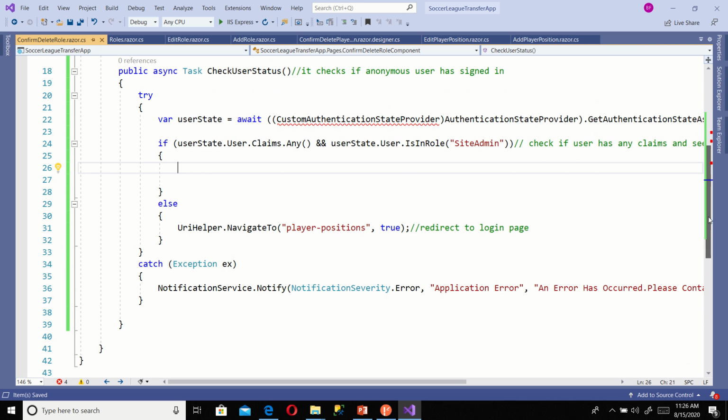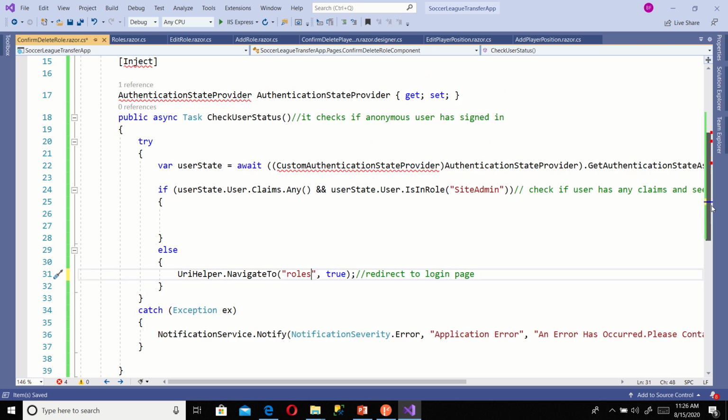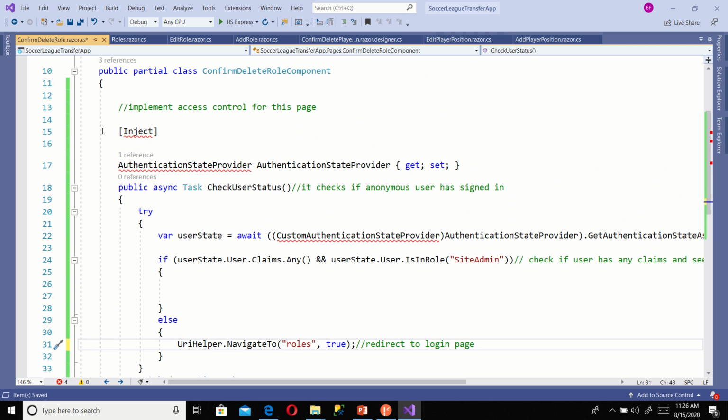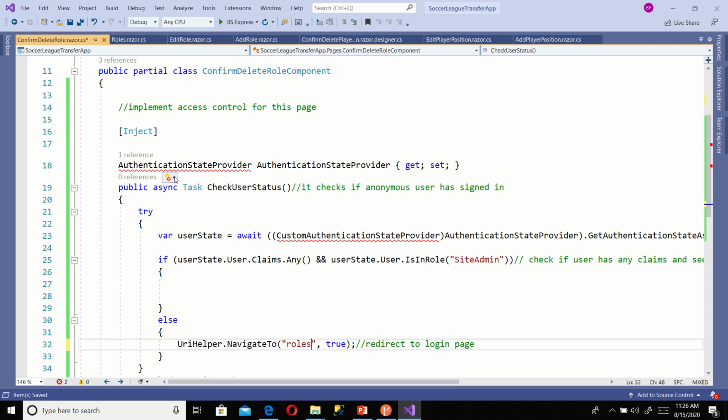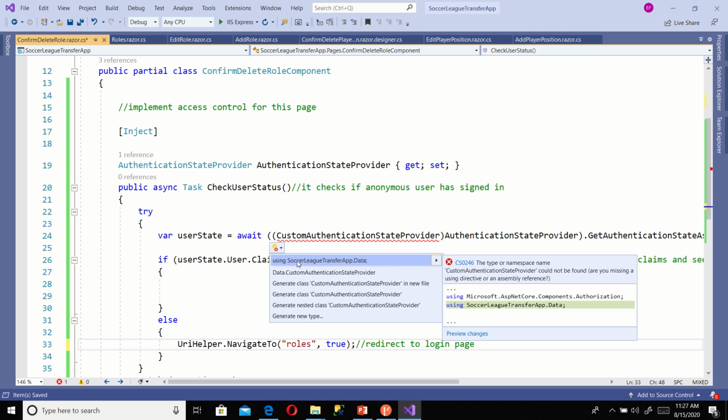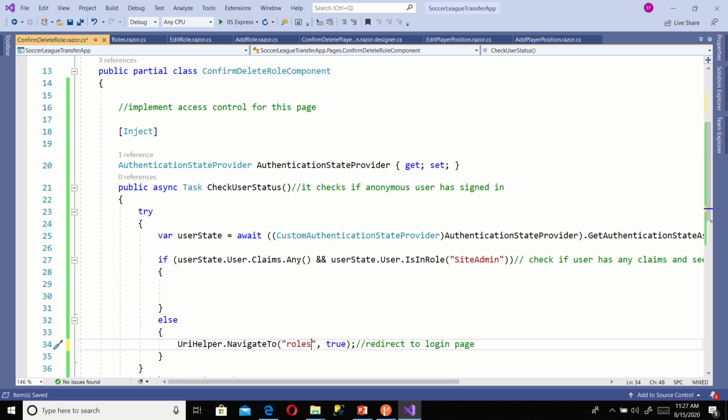Now the next piece of business is to say else. Go back to rows page. Here, I'm going to import all the necessary namespace. Now the next piece of business for me